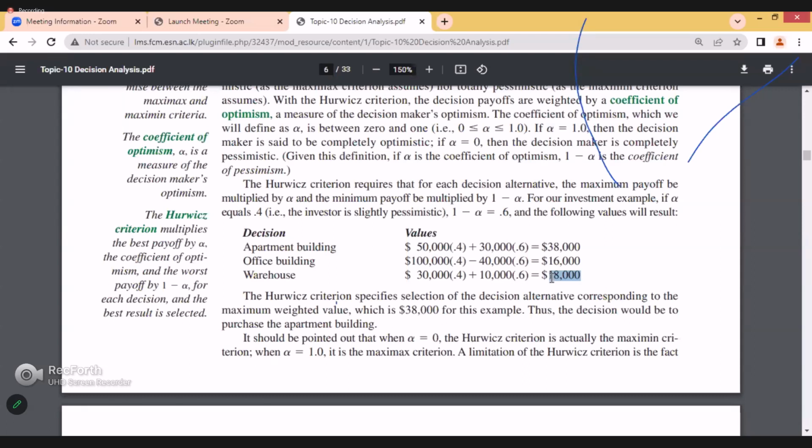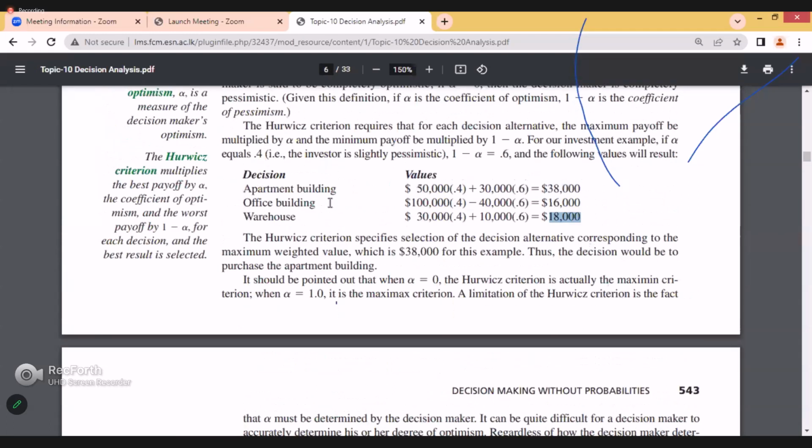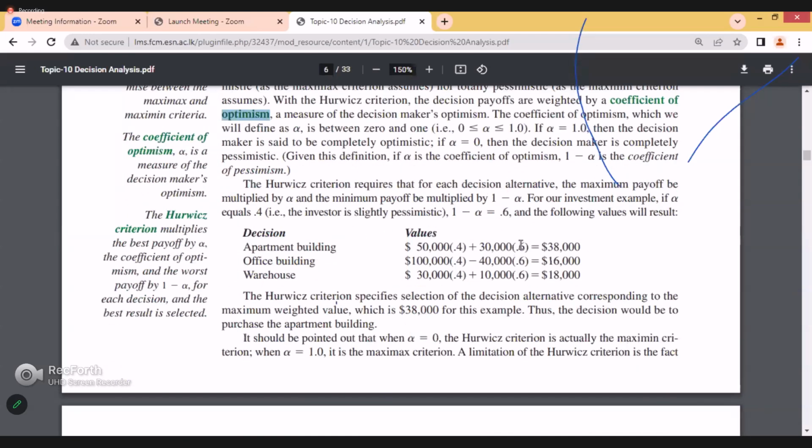Okay. So according to this, after doing this, we have to consider the highest one. The weighted value for 38,000 in this example, this addition would be obvious. This is the easiest one. You have to look carefully. The coefficient of optimism is given, so only the coefficient of optimism is given, not pessimism. Then the rest of the things are assigned to pessimistic, negative aspects. So the balance is taken.